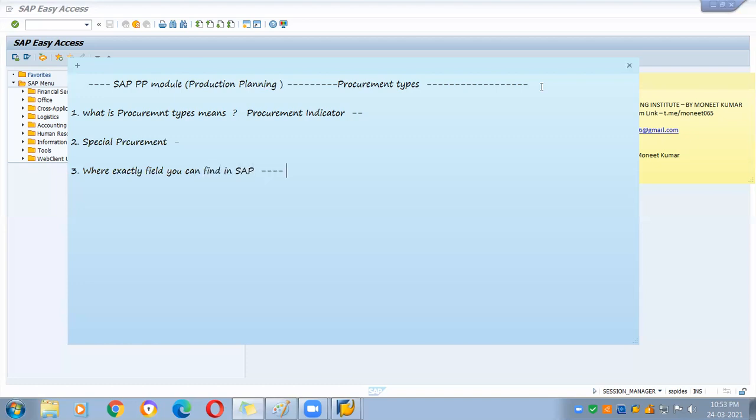Some basic configuration we are going to check for this. Standard configuration, okay, we can achieve many things from a standard configuration. We don't need to think about customization every time. So you need to know this configuration so that you can plan.